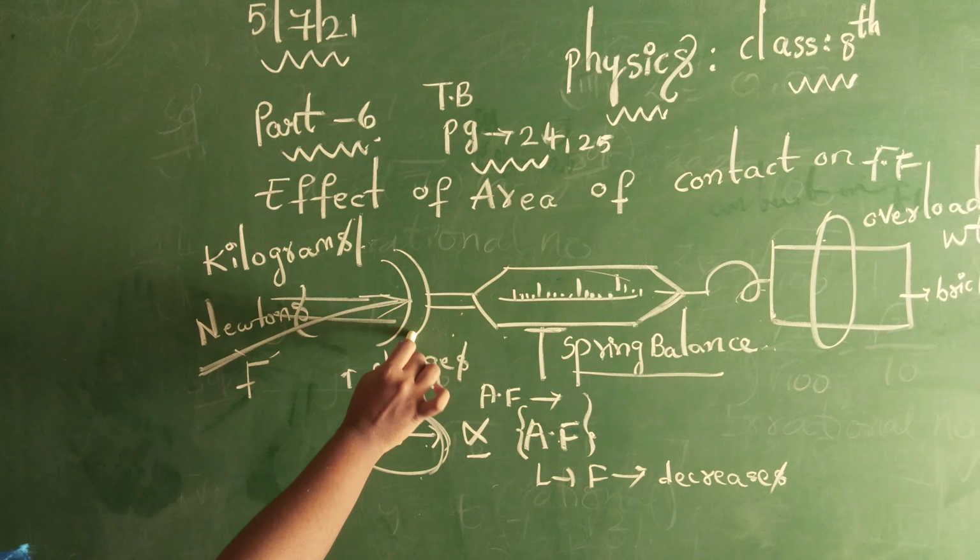So here we have the readings, right? As you are applying some amount of force to this brick, we get the readings of that spring balance. It directly gives the applied force in newtons or in kilograms. Pull it to move the brick. Note down the readings of the spring balance when the brick just begins to move. As you apply the force on this object, you get some readings on the spring balance. You have to note those readings in a tabular column.